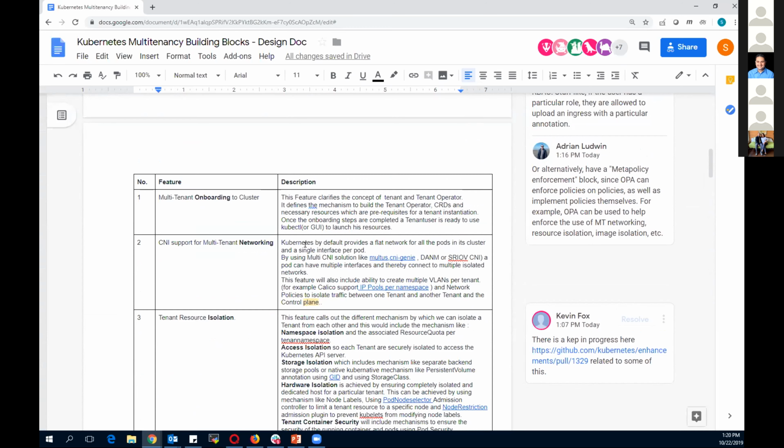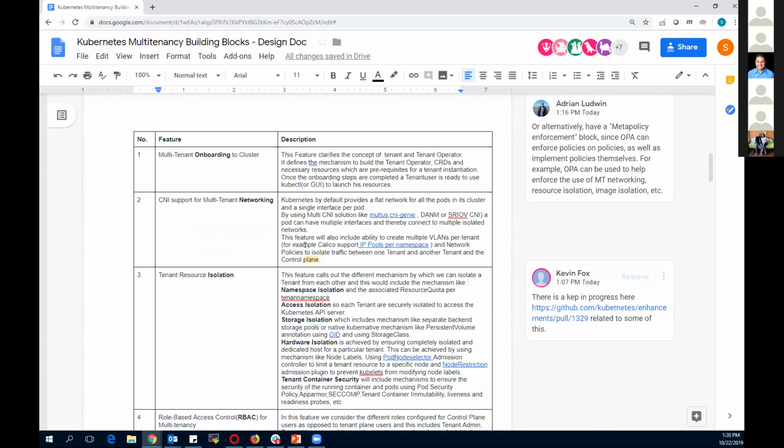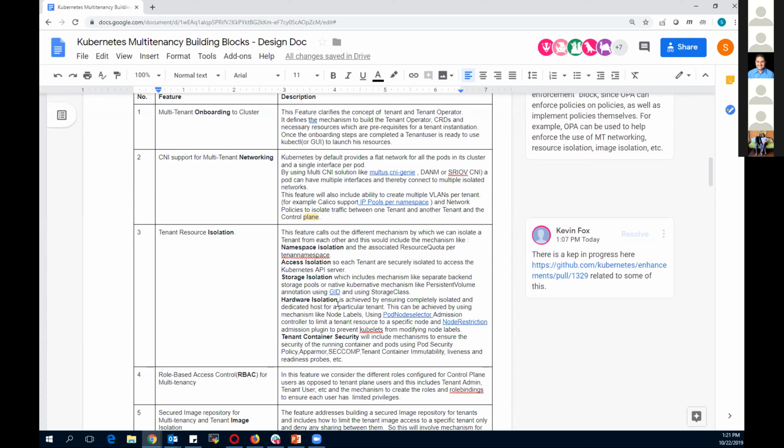So I think the ingress controllers, we have to think about this. You talked about Kubernetes entry points, right? That should be part of the building block where you discuss the tenant isolations and the access of the users to the Kubernetes API servers themselves, right?